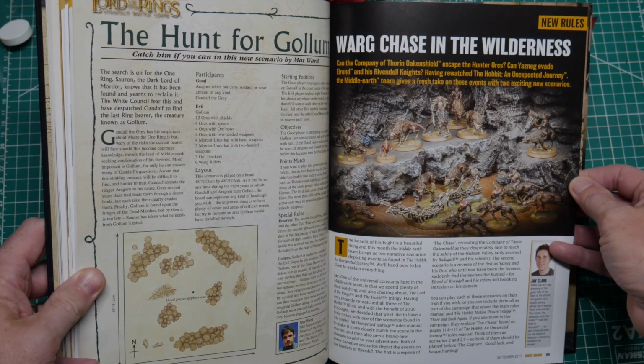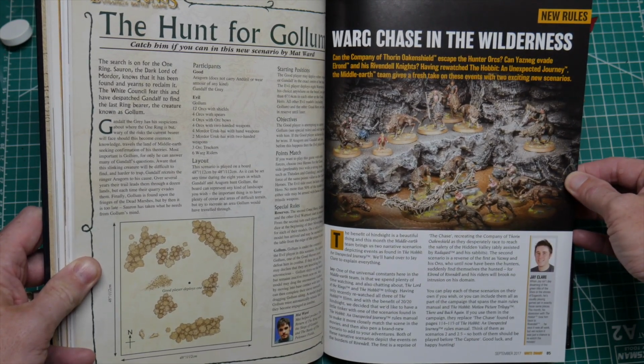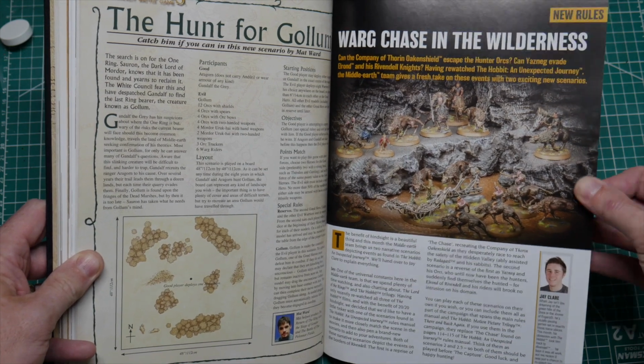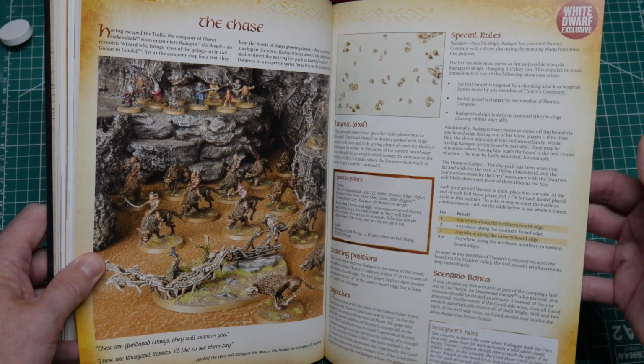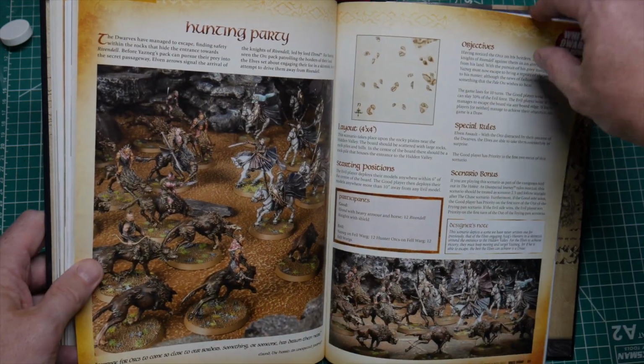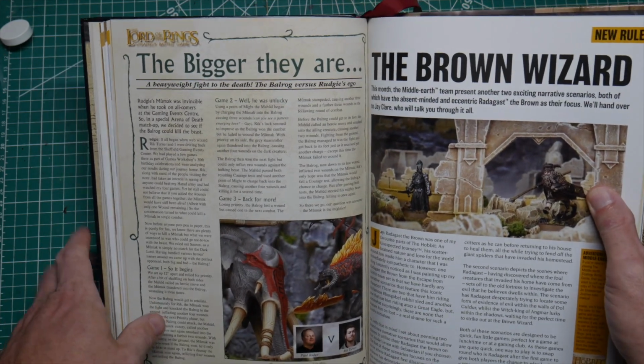So new rules, wild chase into the wilderness. Sorry, can't read. So Modern White Dwarfs. That's from September 2017. So that will be towards the end of the Hobbit era. And then we go. This is what I like about it. It's just sort of really